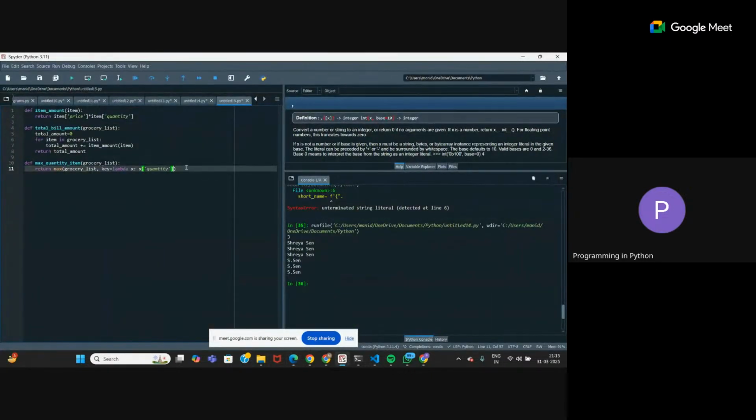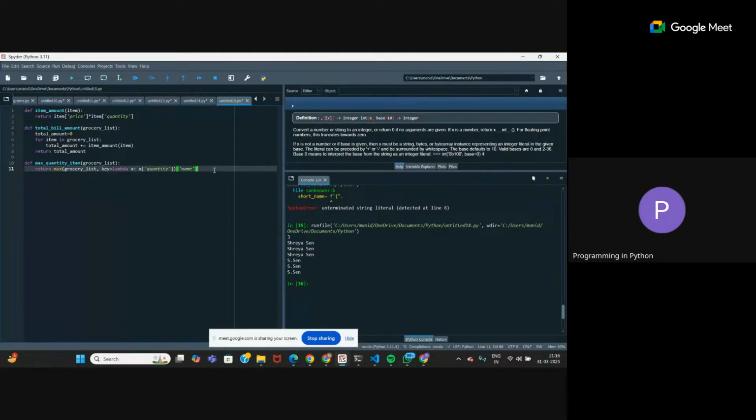So simply, just after this bracket is closed, put the name key. For whichever dictionary it has found the maximum quantity, it will return the value that is stored against the name key. Think of this entire part as giving just the particular dictionary containing the maximum quantity item. And then you are placing name as the key, so it will give you the particular name. Okay, I'll explain all of this in detail.